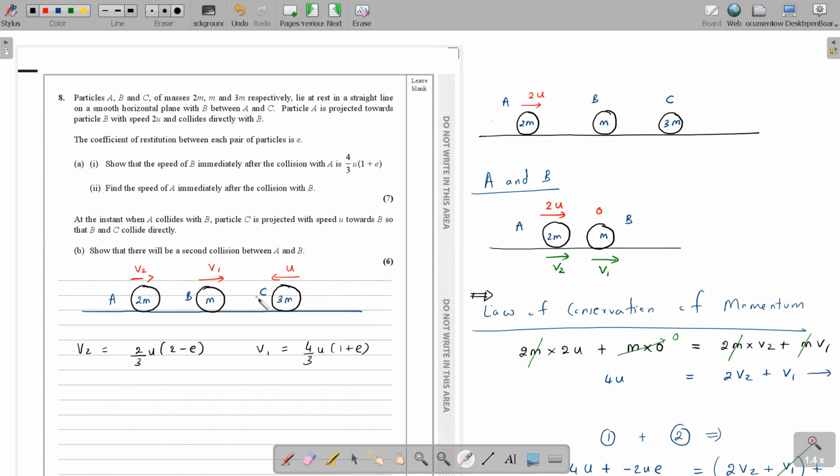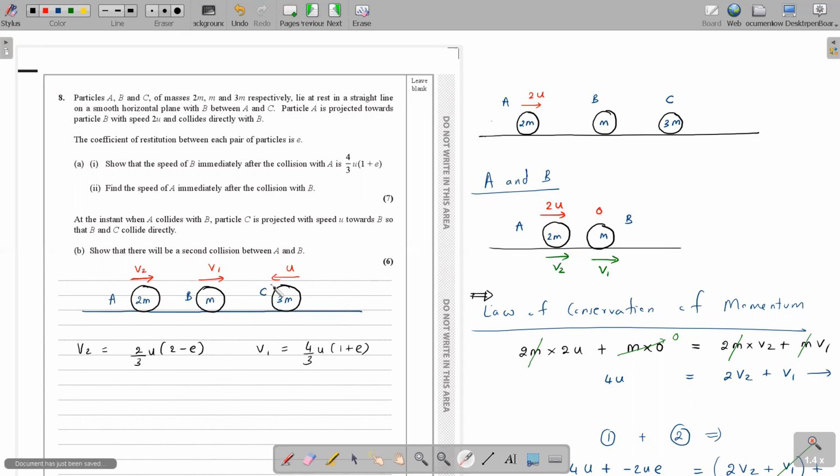One is that after B and C collide, B will turn back. If B turns back, it will definitely meet face to face with A. Or the other option is after B and C collide, C will turn the other way, and B also will continue moving forward, but at a slower speed, even smaller than v2. If B continues to move forward with a speed lesser than this v2 speed, then A can obviously catch up with B and collide. So all of this depends on the speed of B after impacting with C.